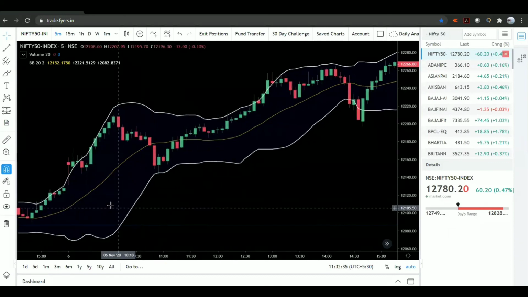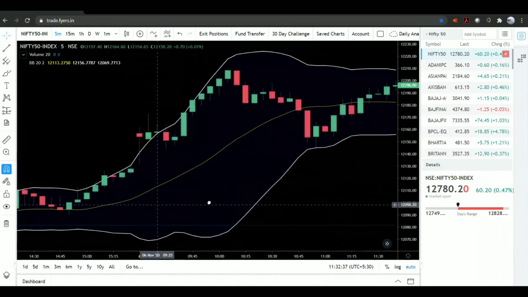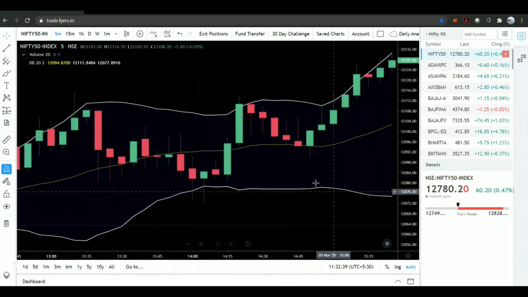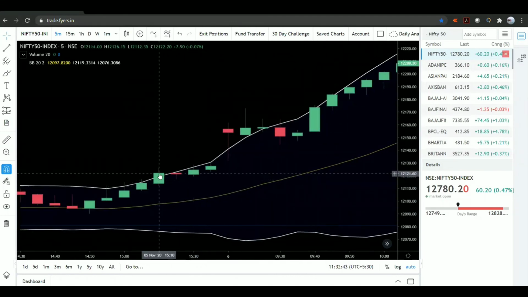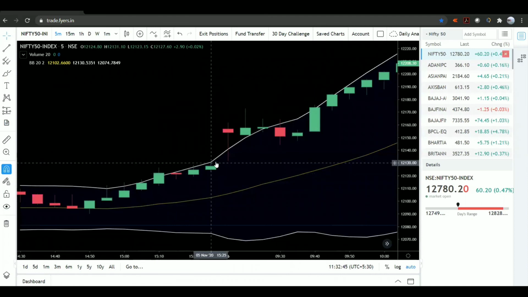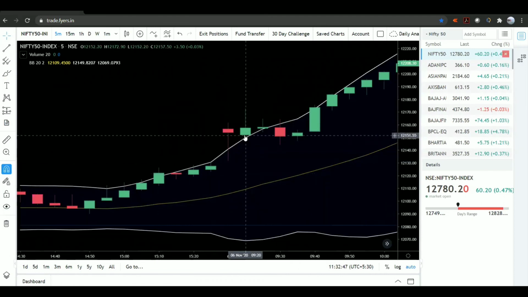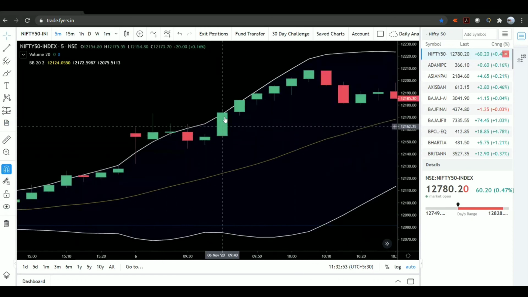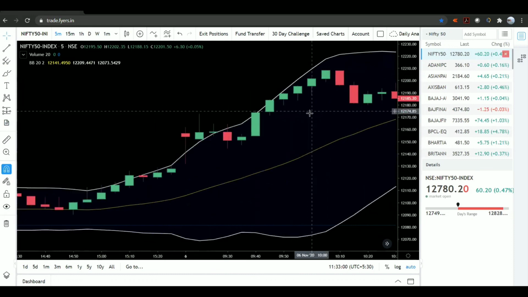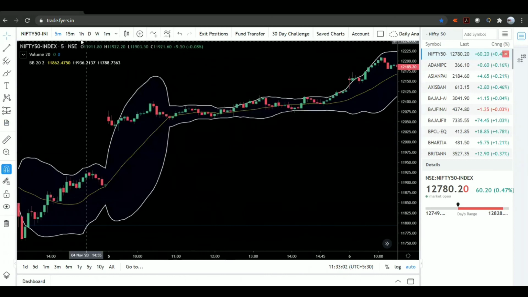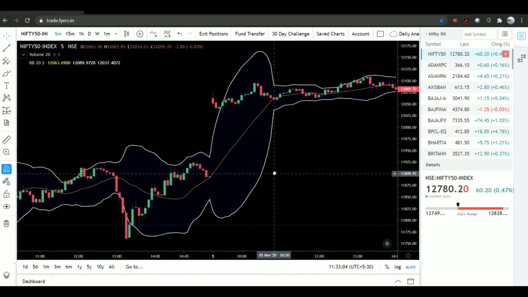See it here, we have the buying second setup. It has closed above it. It touched, but it did not close. Next time it closed here, and then here. Again, this will not initiate. Whenever there is a big candle, please don't trade. Now if you see this candle, this high has been broken. Now you have to buy, and it has given a good move. Let's see if we get any other setups like this.